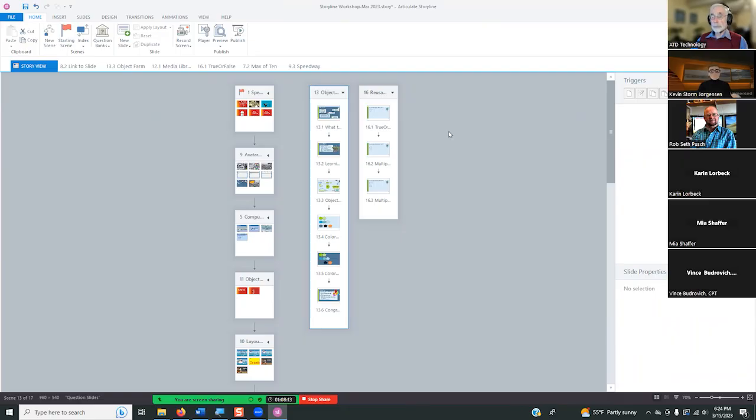That doesn't slow down anything if you have a lot of objects in that object farm, does it? Like your uploads for review or anything like that? Well, they're all ones and zeros, so I'm sure it does make the file a little bit larger, which is a good argument for taking it out before you finally release.